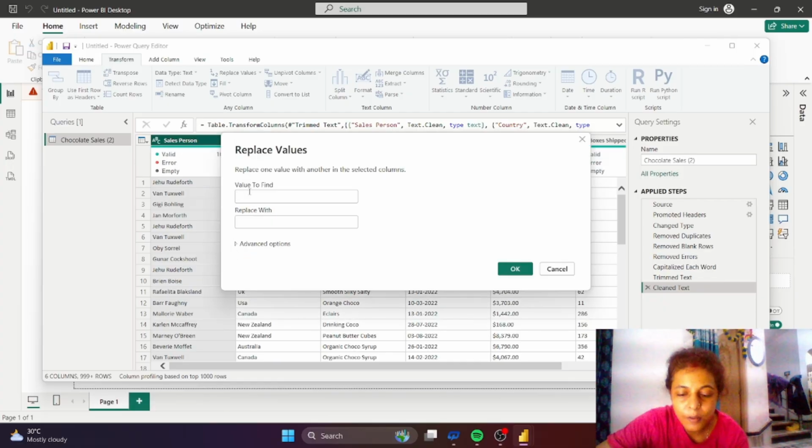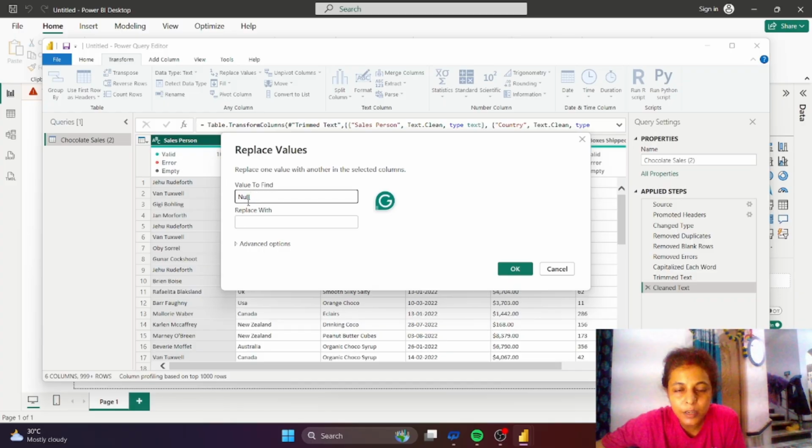If there is any chance of having null values, then write null here. Null means there may be a value or there may not be. It should be or it should not be. So we don't want to take risk, so we have to click that.